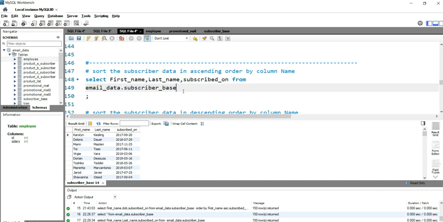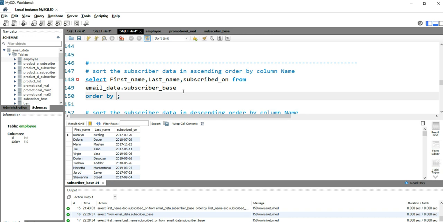So in order to sort our data, we have to write the keyword ORDER BY. After writing the keyword ORDER BY, we have to put the column name by which we want to sort our entire result set. So I want to sort this result set by the first name.